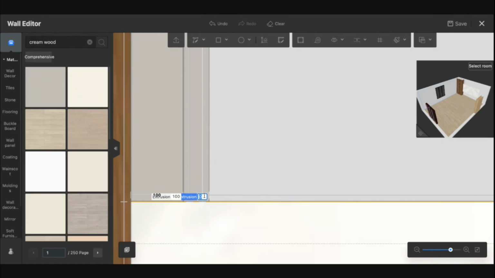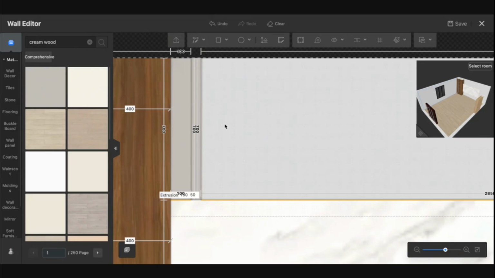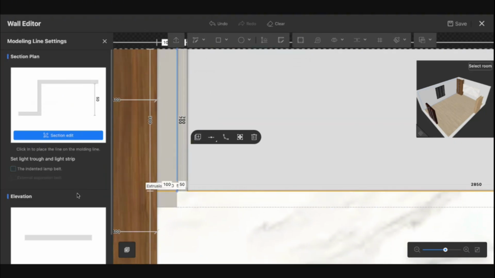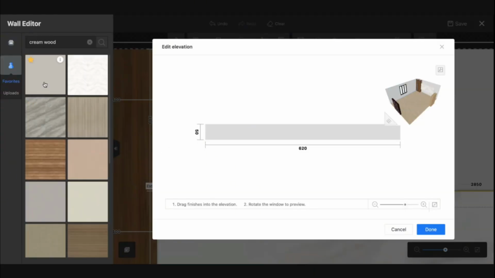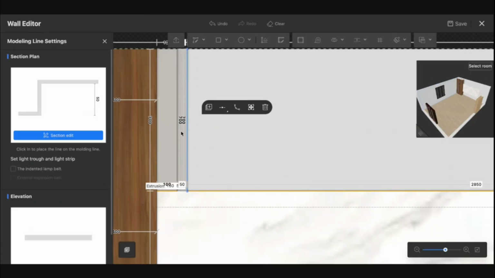This one, 100, 0, I think is fine, or maybe like 50. Okay. And then the next thing, the elevations first. Edit elevations, the same color as this one, just drag and drop. This one also we just click here